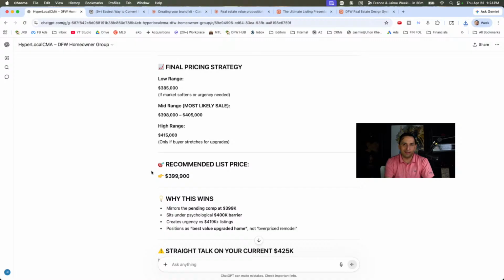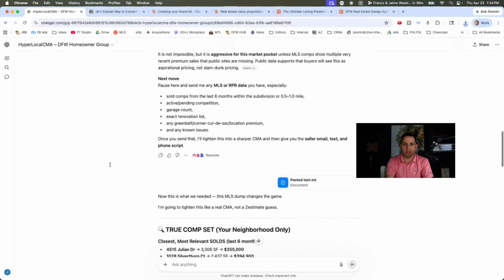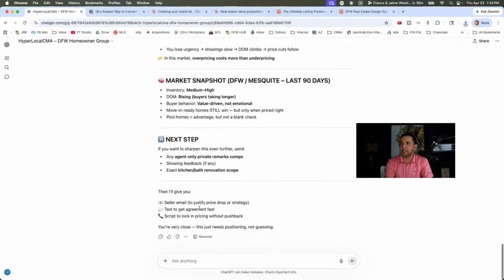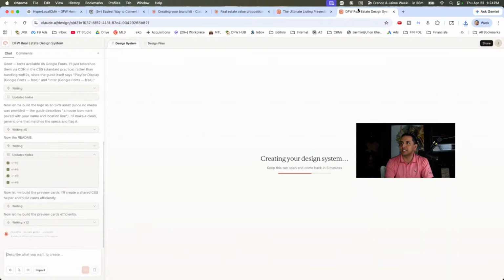Like a CMA would, it tells you the value of the home and it gives you a really good analysis. So what we do is we upload the information that we have available to us, and then it goes off and does its thing. It takes all of the pricing logic that we've embedded into it, and it creates a really, really accurate CMA. So I want to make sure